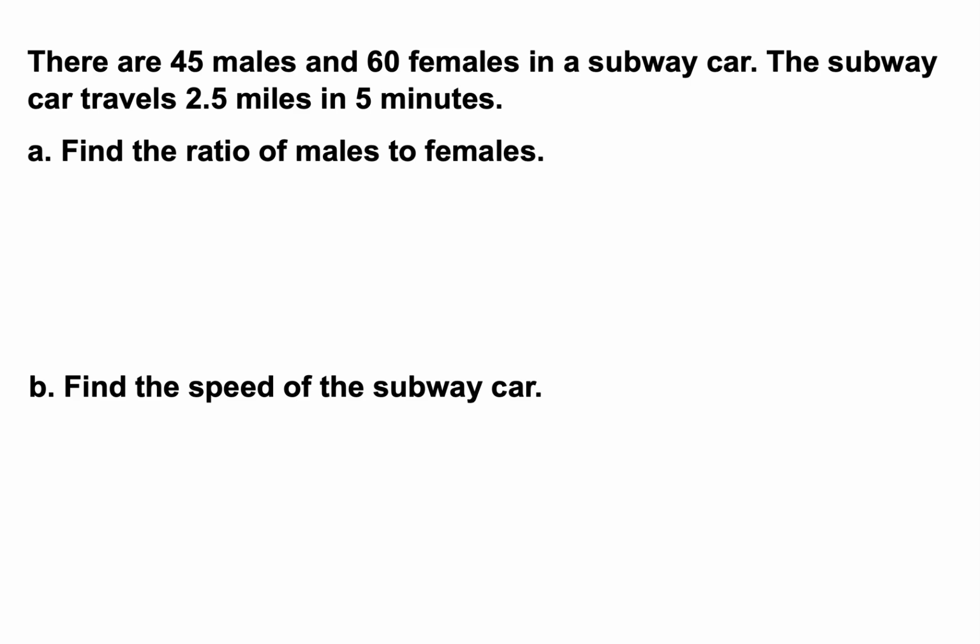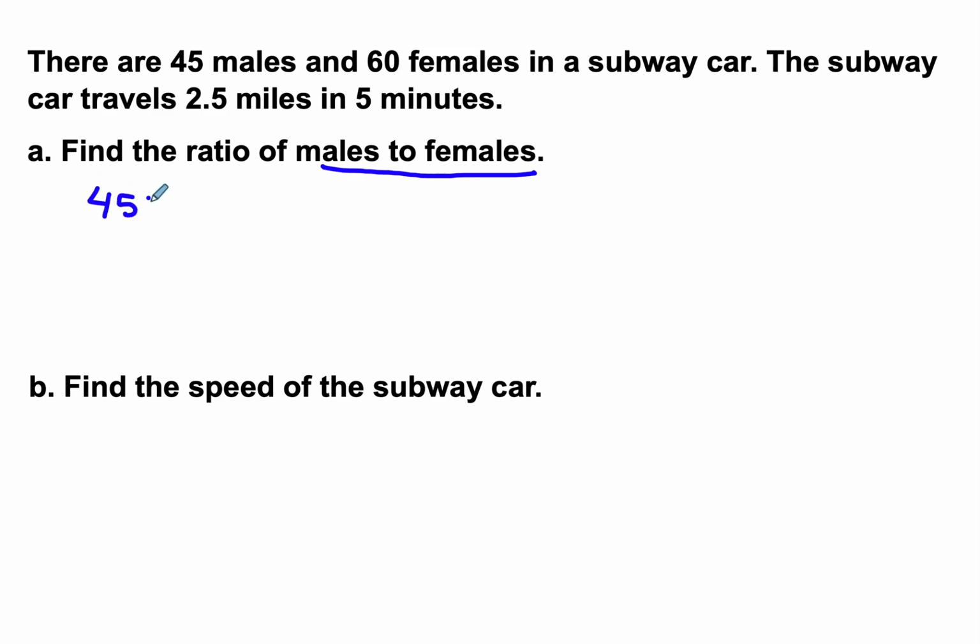So for the first situation, it says there are 45 males and 60 females in a subway car. The subway car travels 2.5 miles in 5 minutes. Find the ratio of males to females. So when we write ratios, we look at the same order that's in our words. So here it says we need males first and then females. So 45